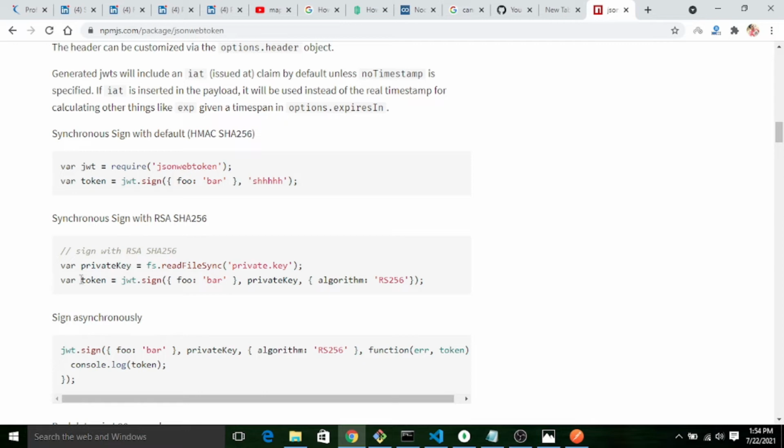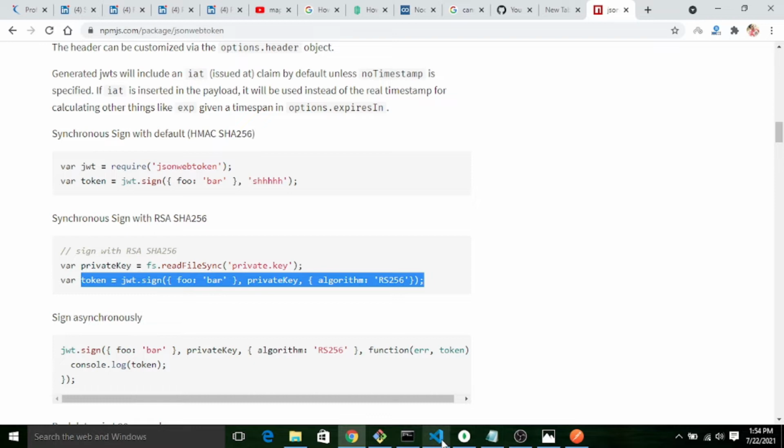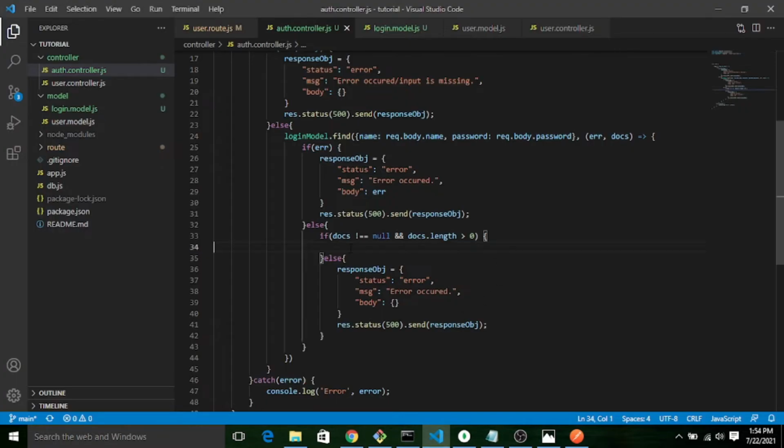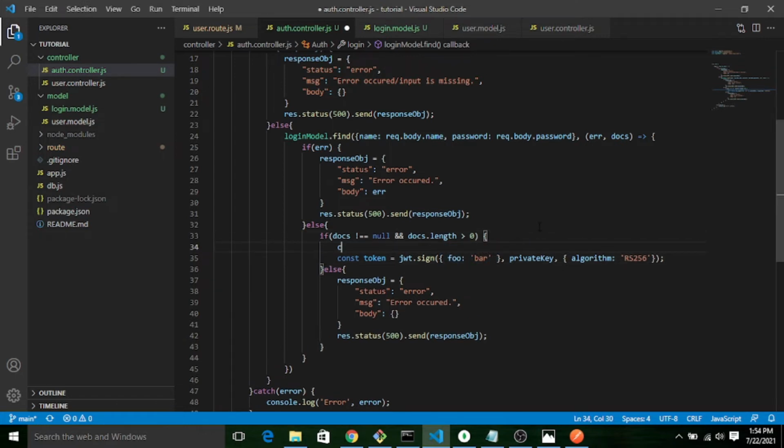So let me copy this one. Here I will give, let me create the user payload. Let's say an object.